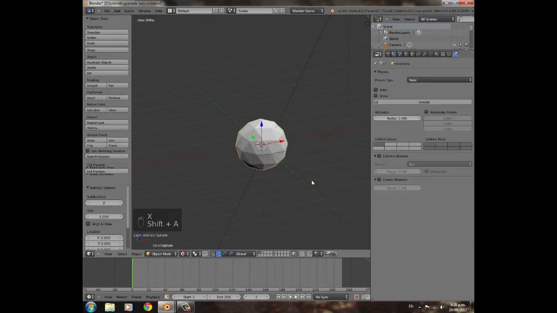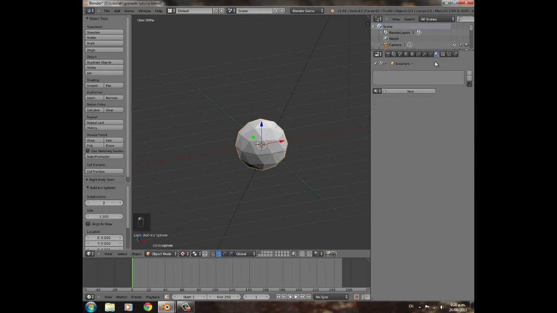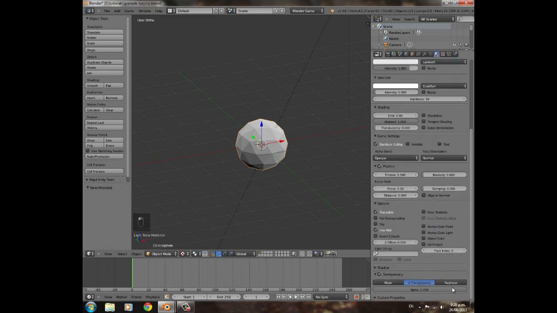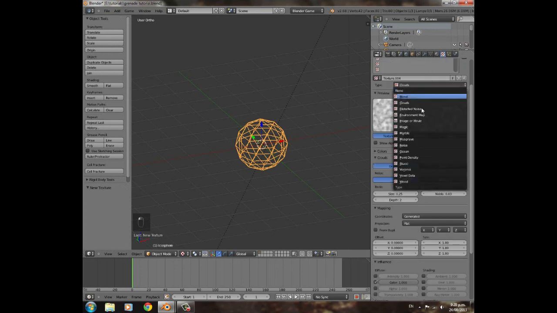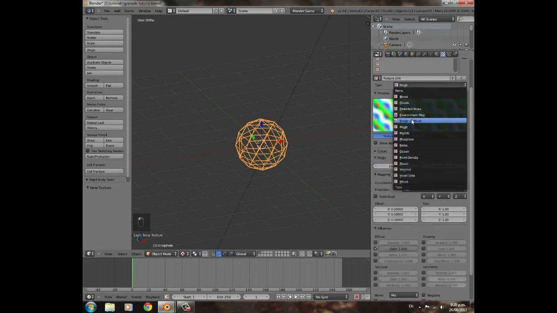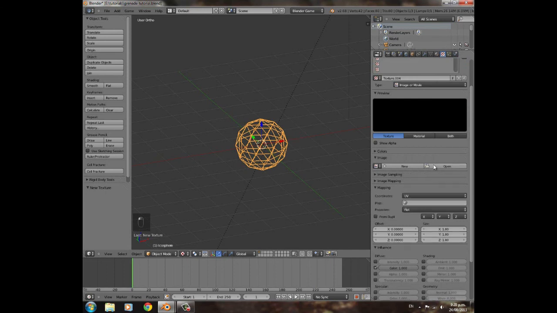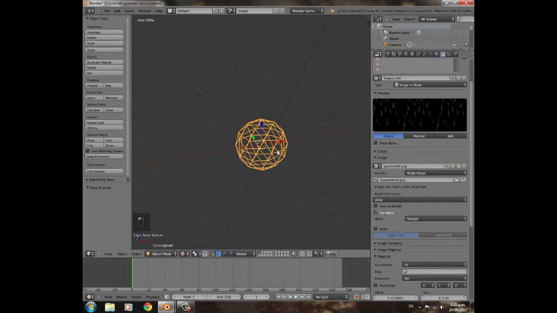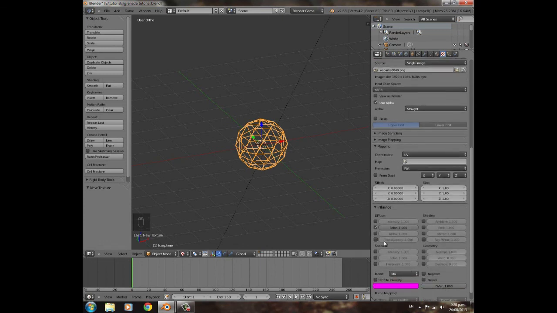We're going to add an icosphere, and we're going to give it a material, no specularity, no transparency, no back facing, and oh, not magic, image or movie, UV, and open up this one. I've already rendered out one, but we'll just use the one we have that we rendered